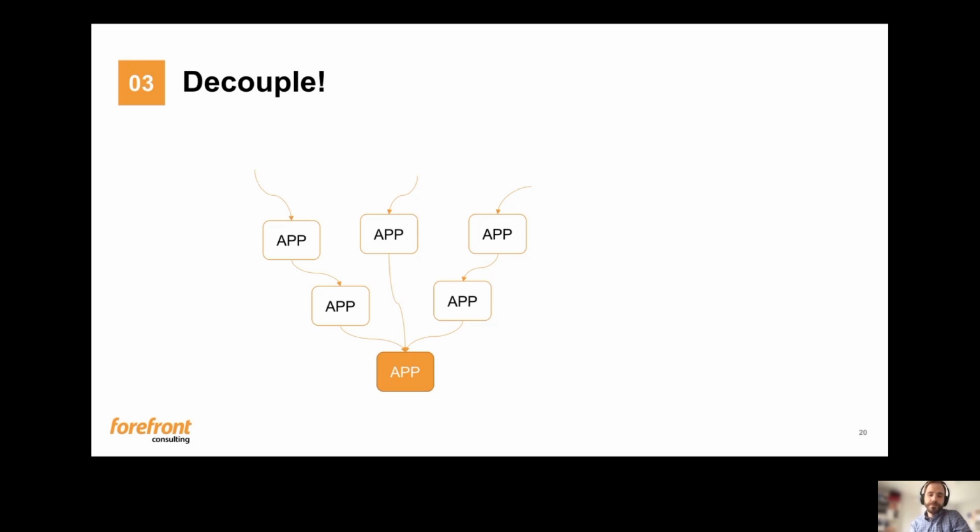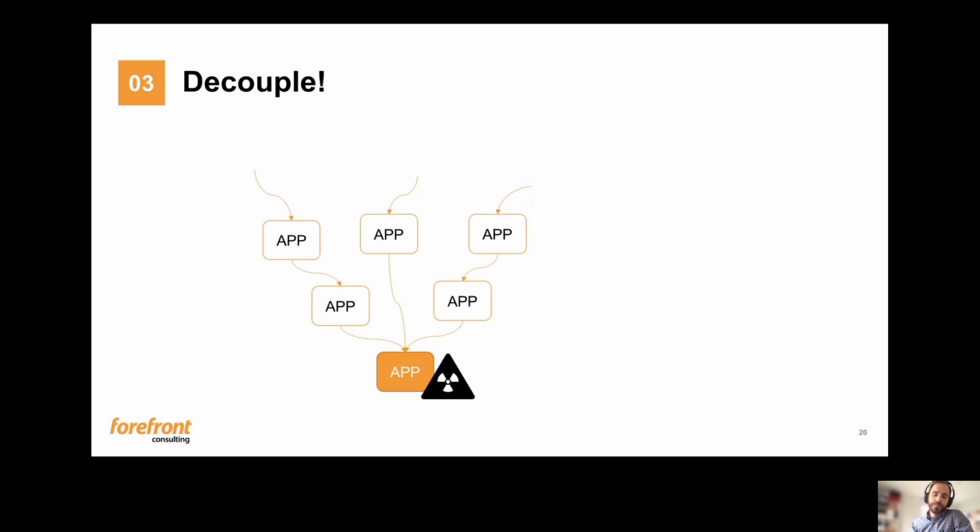So what happens if, for instance, this application at the bottom crashes for some reason? Well, then our whole platform will crash because they all have dependencies on this application. So how do we solve this in the traditional microservice pattern way? Well, of course, we probably have some kind of redundancy on that application. So we have perhaps 2 instances of it. And if one dies, then we have a load balancer that can just balance all the traffic to that one.